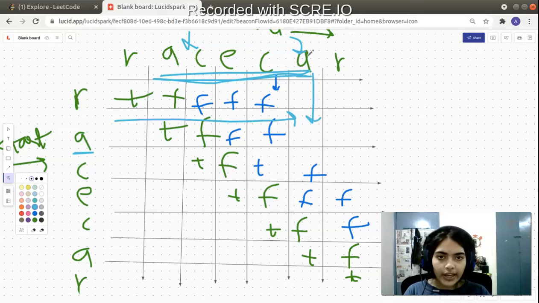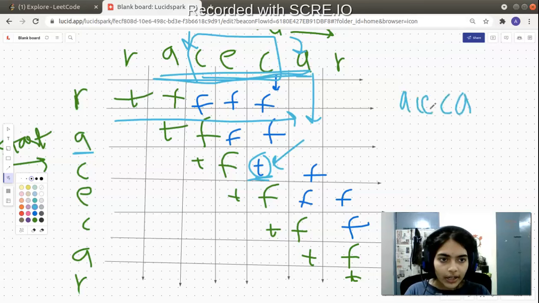See, we know A and A, the first and last characters, are equal. We need to just check the innermost characters. Now, we need not iterate and check again. We can just look at the value from the DP table for CEC. In the DP table, we had filled that the string CEC is a palindrome. It is true. In this particular example, we already had filled the value of CEC to be true. So we just check the first and last characters. They are equal, and the inner string is a palindrome. That means the entire string is also a palindrome. We have to fill true there.